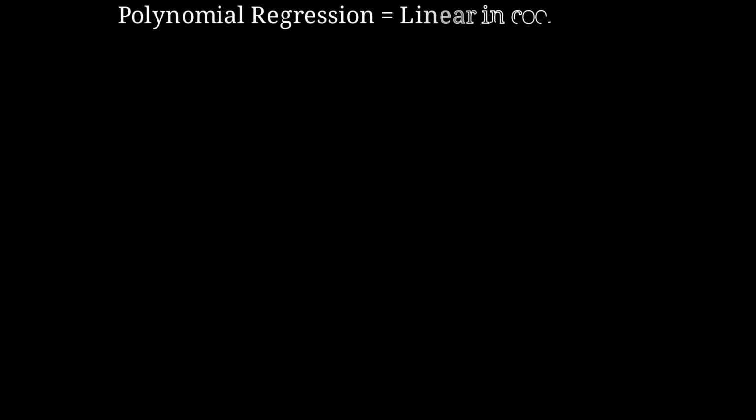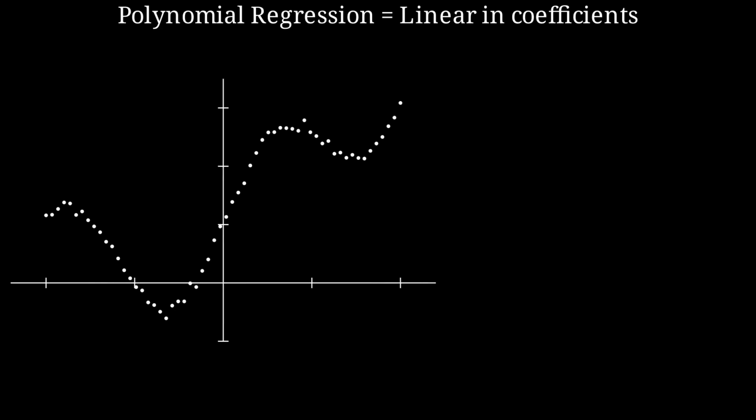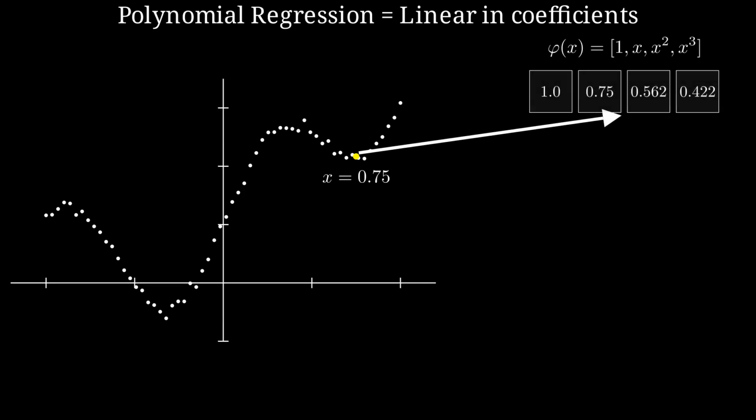Here we'll see why polynomial regression is really just ordinary linear regression in disguise. The trick is how we build the features. First, this is our data set. Noisy samples coming from a smooth nonlinear function. Pick one x value from the data set. Instead of feeding x directly into the model, we map it to a feature vector. Phi of x equals the vector 1, x, x squared, x cubed, and so on, till the degree of the polynomial. That vector contains simple, nonlinear functions of x, powers of x. But notice,